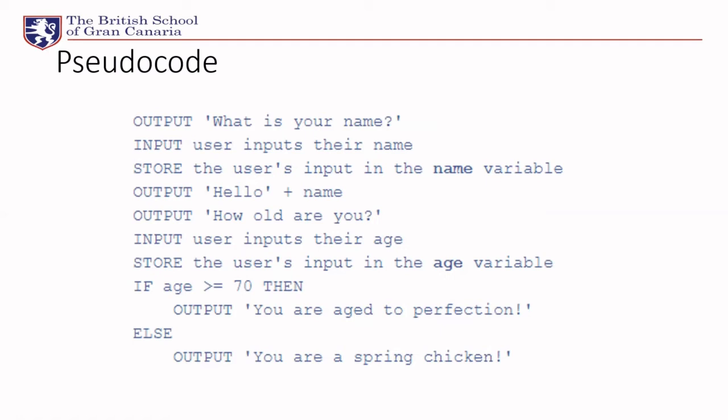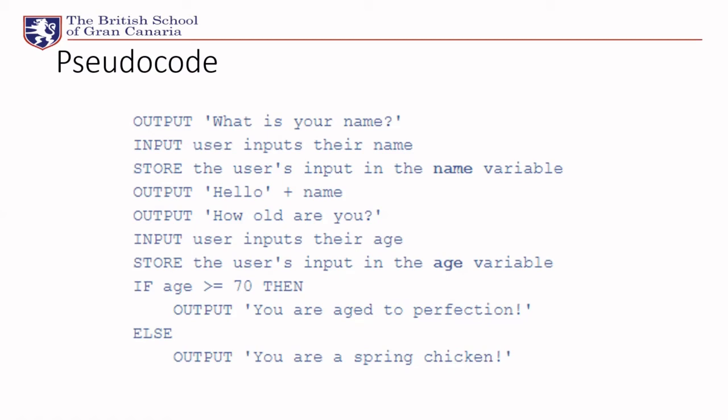Pseudocode can basically be just in English, because the idea is that you can take the plan of this program you're going to make and then put it into any language such as Python, JavaScript, C++,